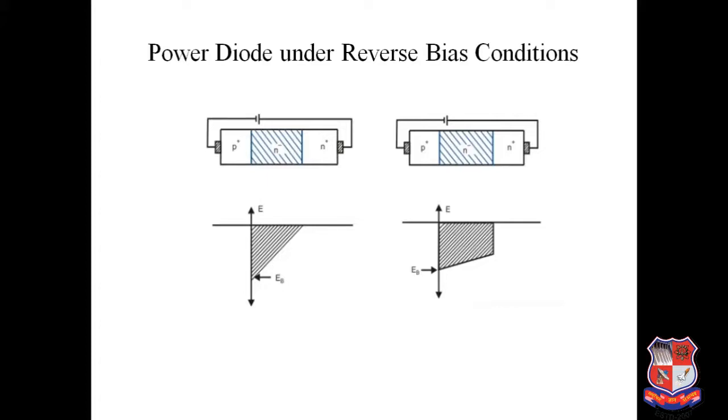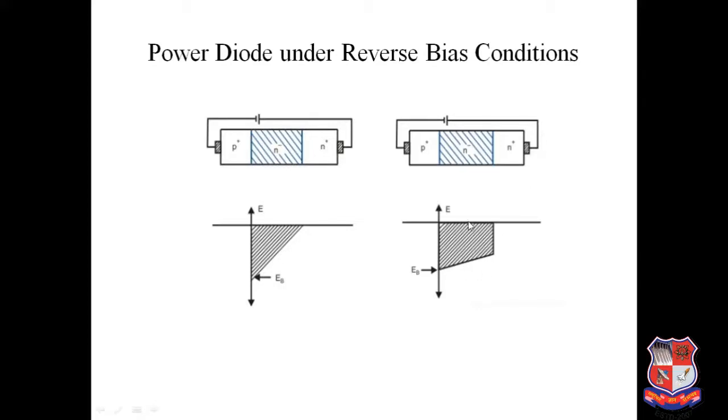So that is nothing but the more uniform punch through region. So a lower drift region punch through diode does not carry the penalty of higher conduction losses and conductivity modulation. So here you can say that the field will be maximum, then it will reach a 0 value, and you can say that a uniform region is there.